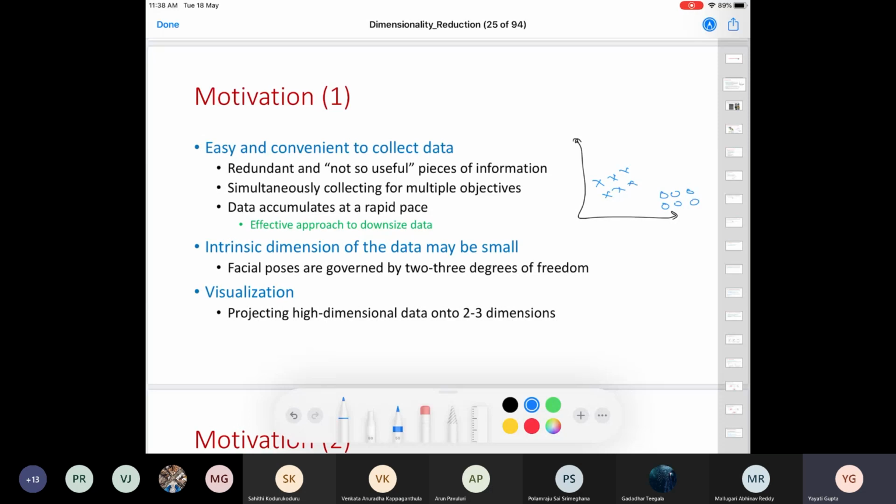What I can do is perhaps, let me just drop this first. Give me a second. So perhaps what I can do is take an axis like this. Initially I had two dimensions, X1 and X2.